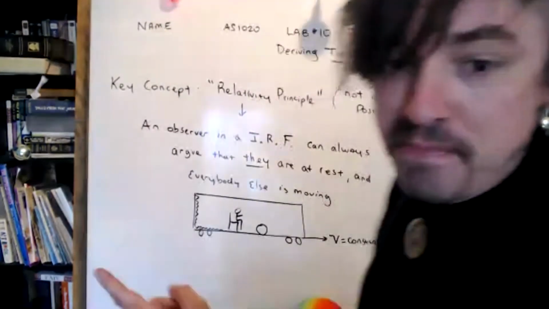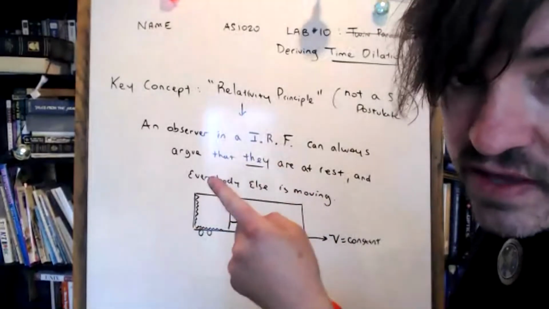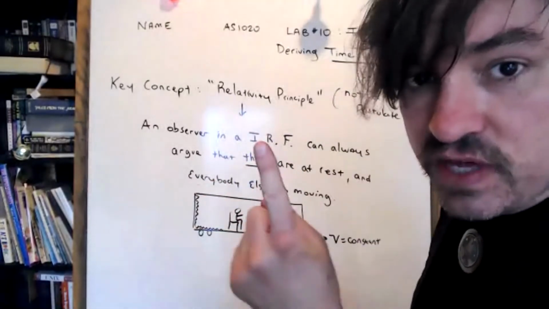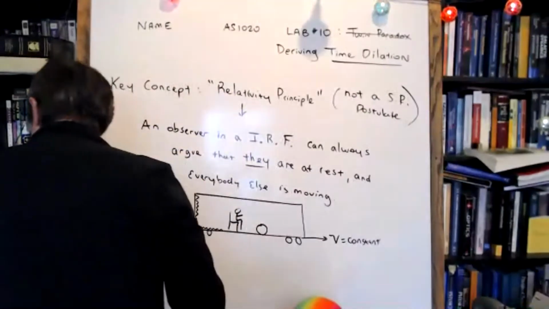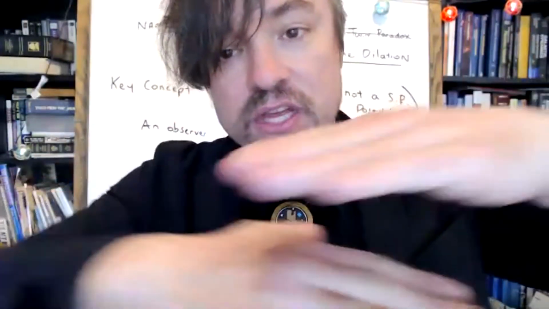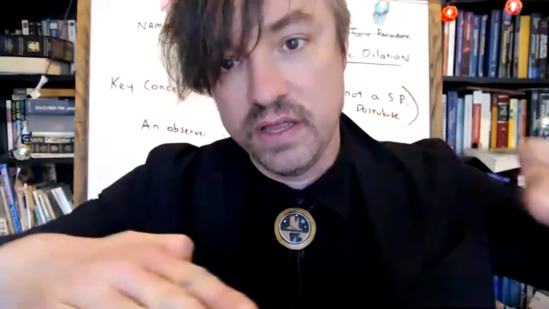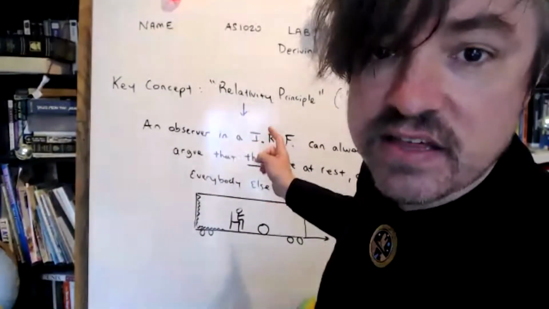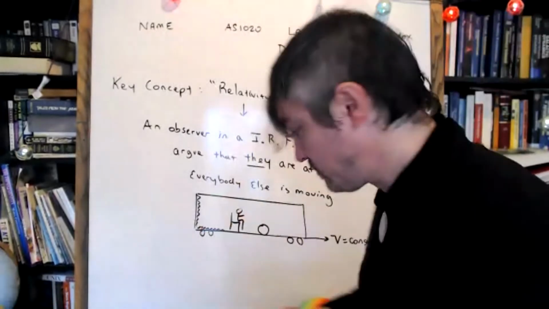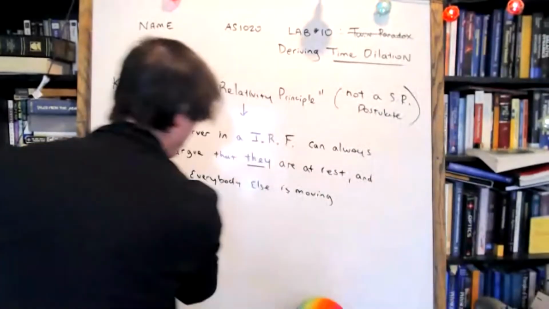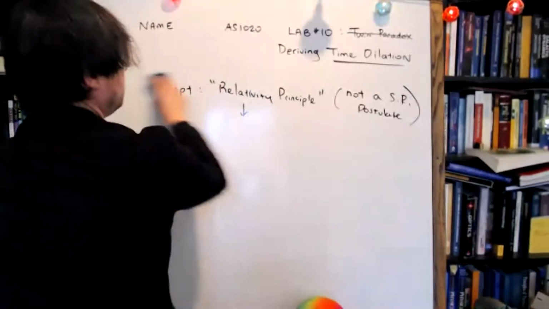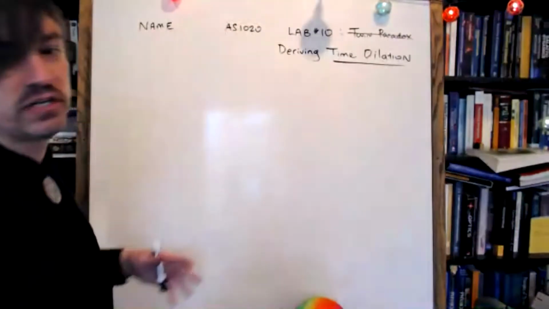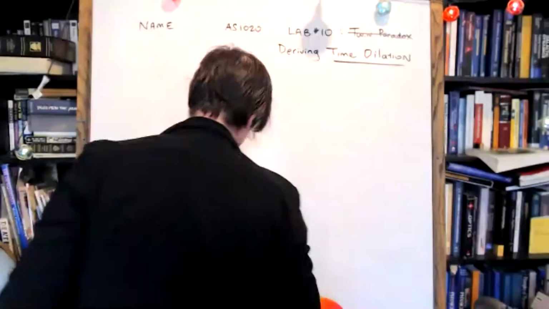Okay, with that in mind, who is moving and who is not moving is a very confusing idea. And if we were to go to outer space together, that would become increasingly more obvious. Without the ground as a reference point, there's only relative motion. There is no absolute motion. So can we agree on that? That idea is essential for what I'm about to do. So thank you for indulging me there. Okay, now we're going to set up the derivation. It's time for us to learn how time dilation comes about.